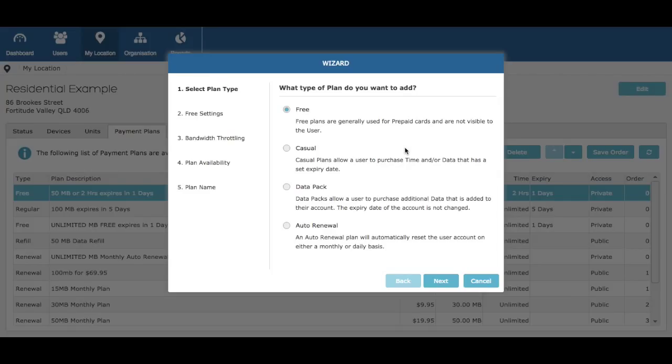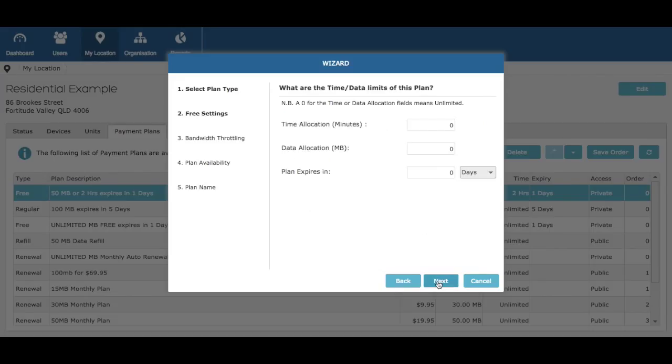The pop-up window presents the different types of plans you can create. We'll do a quick overview of all four plans. So let's click on the first plan, the free plan. This style of plan is normally used where you provide prepaid cards to guests and want to give them complimentary Wi-Fi. When you click Next, you'll see three fields that allow you to tailor this plan and place restrictions around